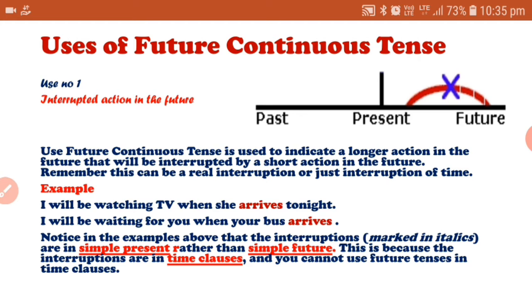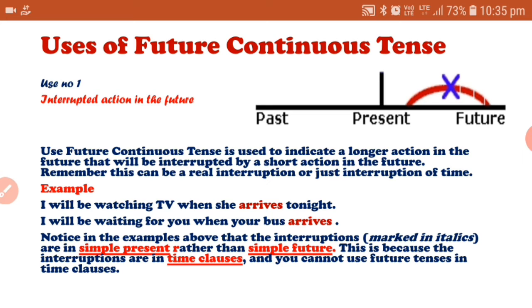Yes, students, this is also a very notable point. In time clauses we can't use future tense. Why? This is a notable point and you have to wait for it because we'll discuss it in the